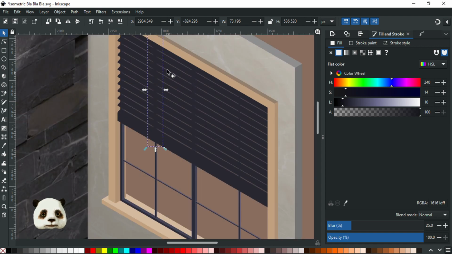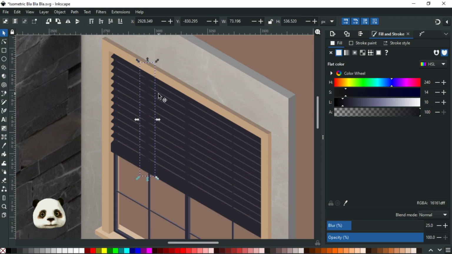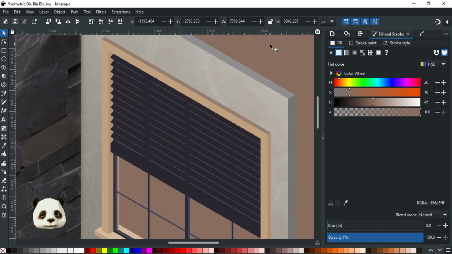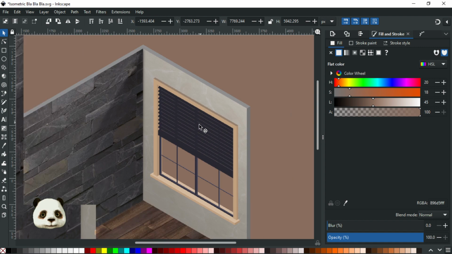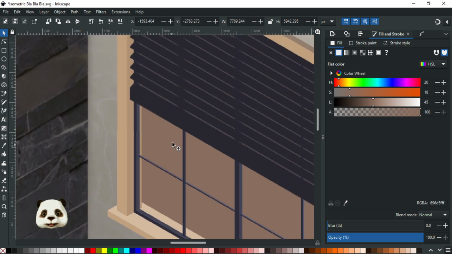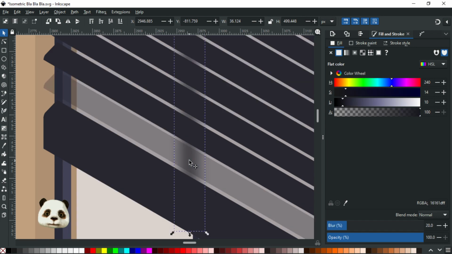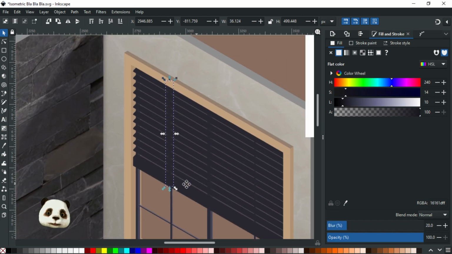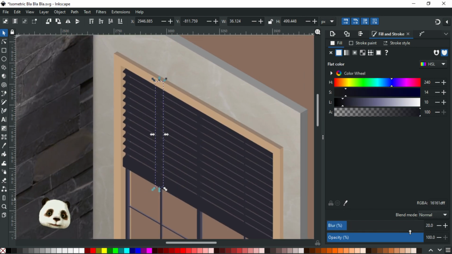No, because the shadow kind of falls in front. 1, 2, 3. Yeah, I think that would work. And we can kind of play with the intensity now, because if it's too intense, let's go with